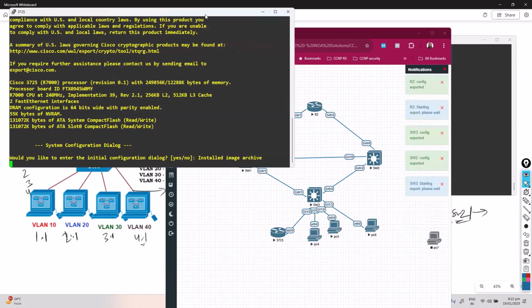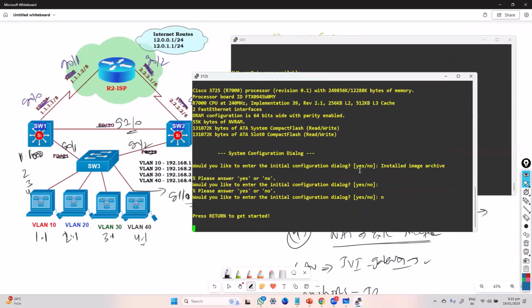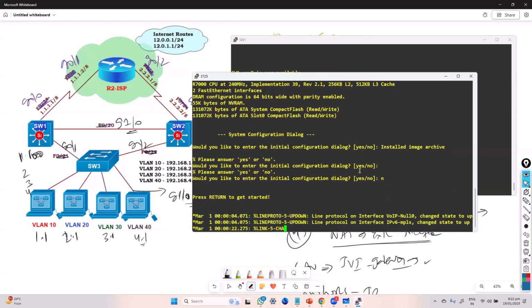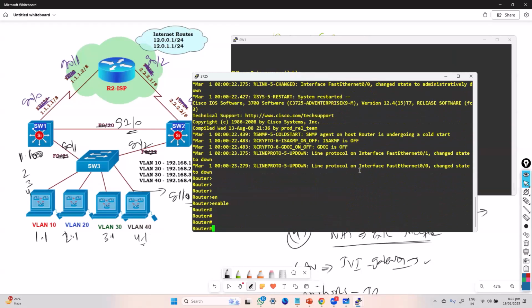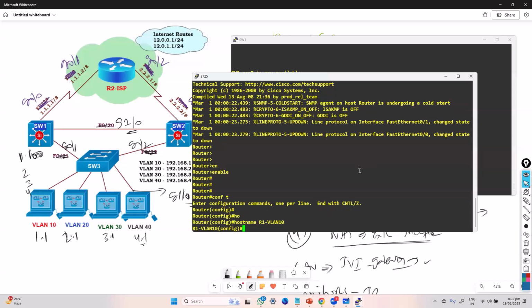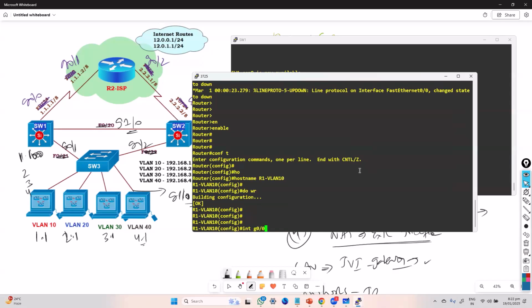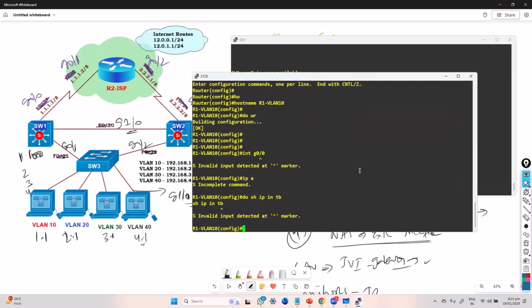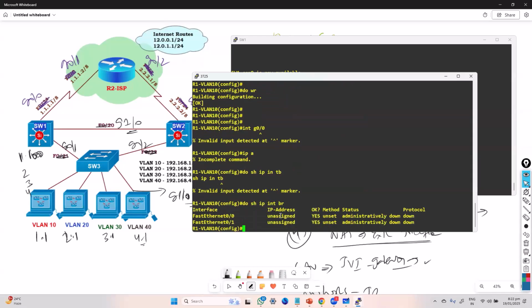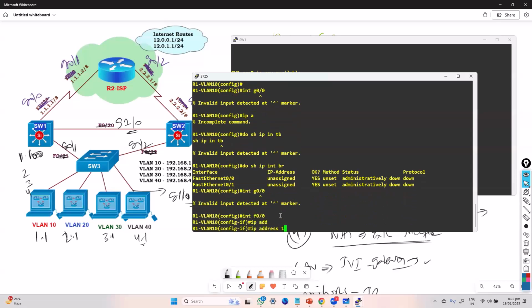Now the first host will be in the VLAN 10. So the first host will be in the VLAN 10 and the IP address is going to be 192.168.1.1. So this is my host name as a router 1 in the VLAN 10. And the IP address is going to be 0 by 0. What is the interface connecting this side? I think it's F0 by 0. So the F0 by 0 interface will assign the IP address as 192.168.1.1 using,